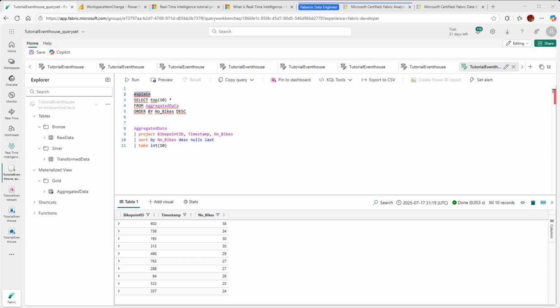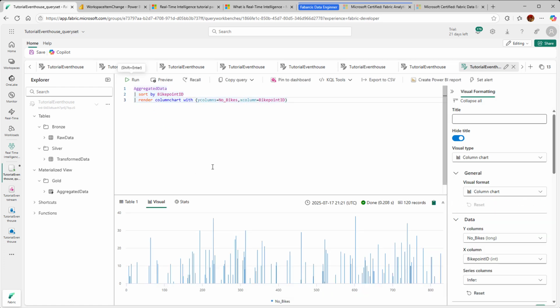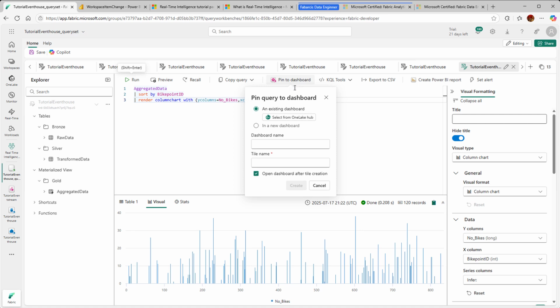So the next step is part 5, creating a real-time dashboard. So I will use some KQL to create some report. All right, so this is a visual I'm getting. So I have here the option pin to dashboard, so I can click this pin to dashboard, and